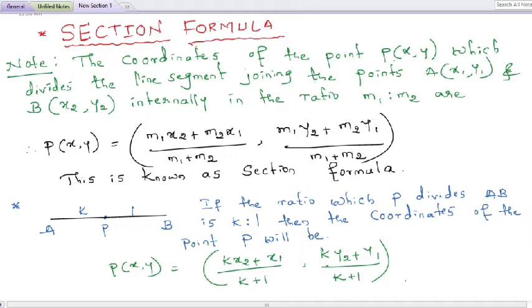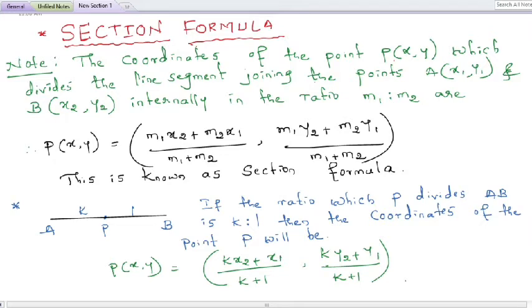So, remember this one, the section formula is for finding the x and y value or the coordinates of P of x comma y is equal to m1 x2 plus m2 x1 divided by m1 plus m2 comma m1 y2 plus m2 y1 divided by m1 plus m2. This is section formula. Now,